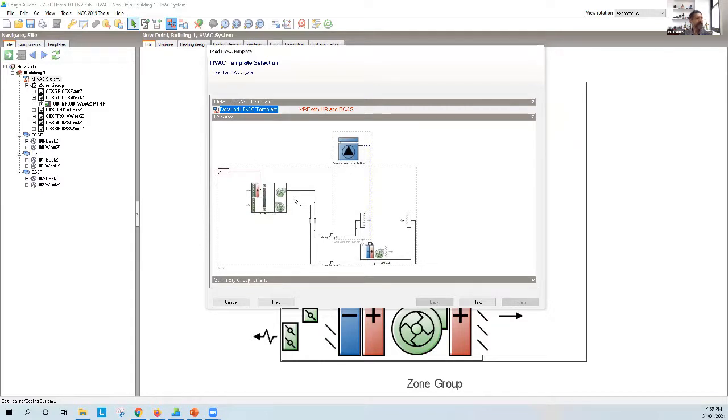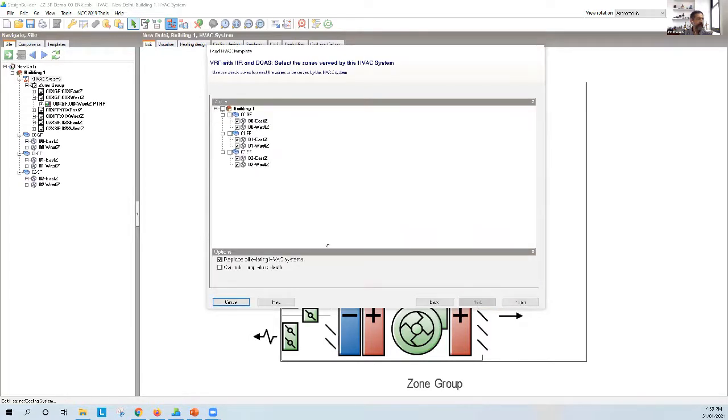Because it's designed for cold countries, there's a heating coil in there, and it puts warmer air into the space, and then the system works. Okay, so we're going to overwrite the previous system,